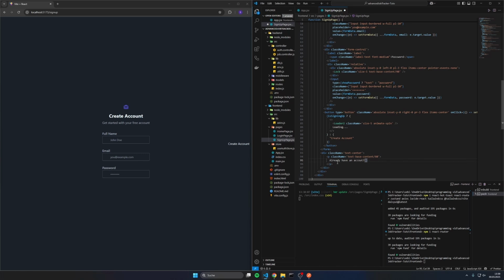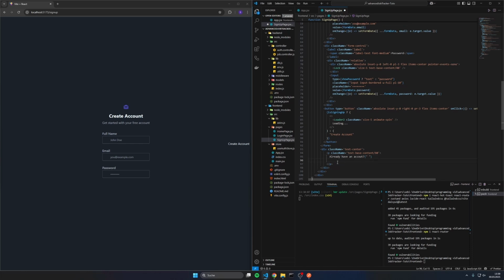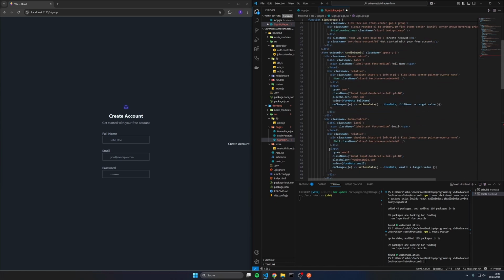Then we're adding an empty string, and then beneath we are adding a link from Lucid React, not from Lucid React,